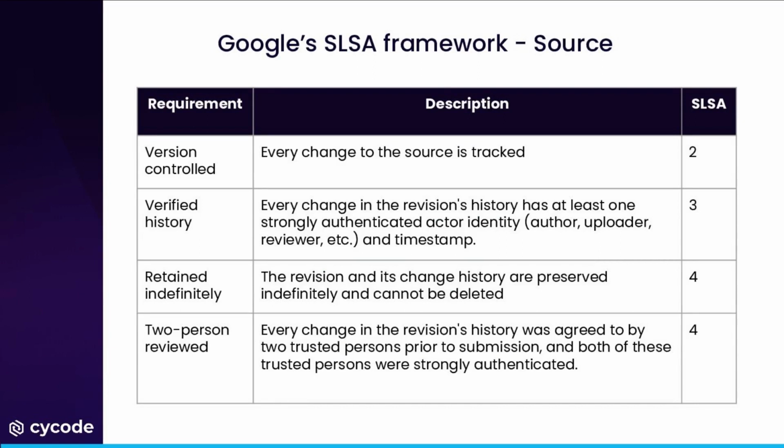entail a particular repo being version controlled, which means every change to the source is tracked. There needs to be a verified history. The content needs to be retained indefinitely, and 2-person reviews should be implemented and enforced. Strong governance over the software supply chain is required to enforce these particular